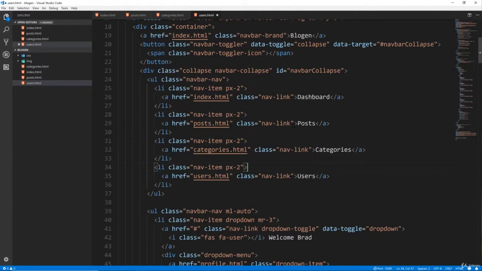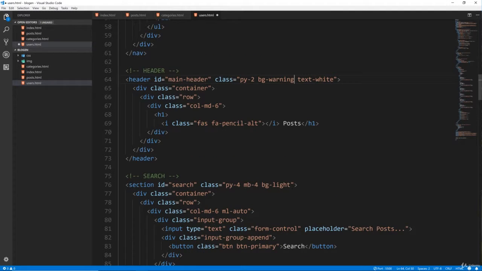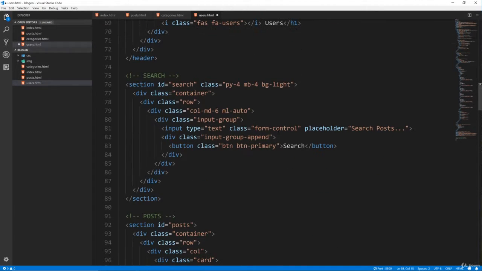And let's put that onto users. And then for the header, let's change the background to warning, to yellow. And we'll change this icon to FA users, and we'll change the text also to users. I know a lot of this is redundant, but it's necessary. For the search, we're going to say search users, and then we're going to change the button to warning,